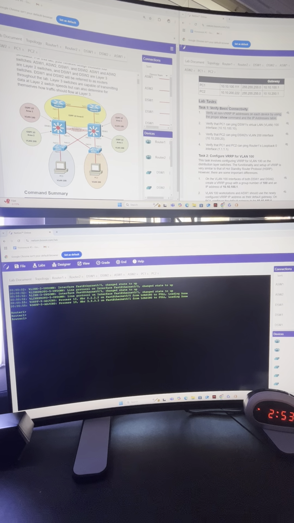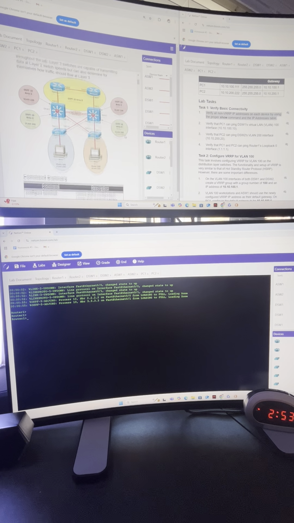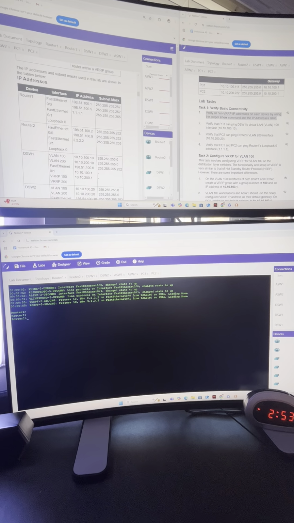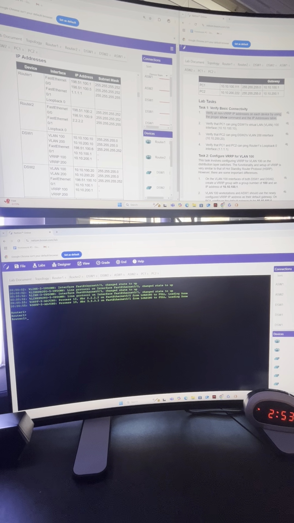Okay, so let's go ahead and get into task 1. It says verify basic connectivity. It says verify all 9 VRRP IP addresses on each device by using the proper show commands in the IP addresses table. All right, so let's start on router 1, and I'm going to scroll down to our IP address table information so we can confirm all of our IP addresses. So let's do an enable for privilege exec mode, and let's do a show IP interface brief